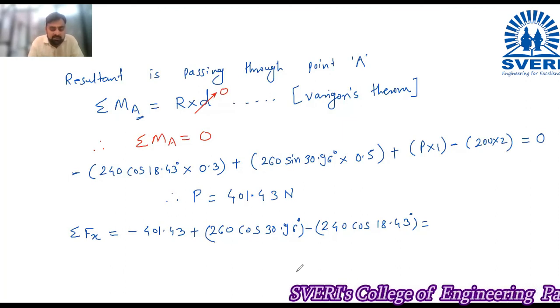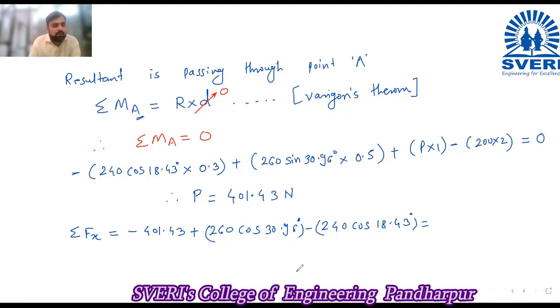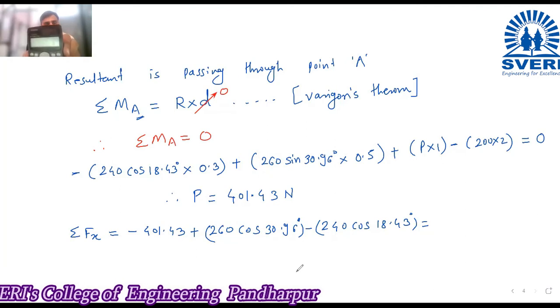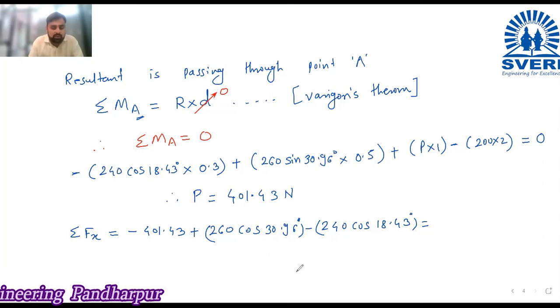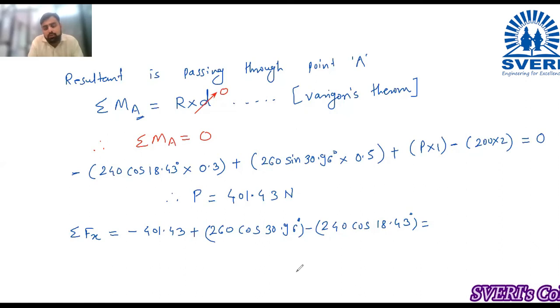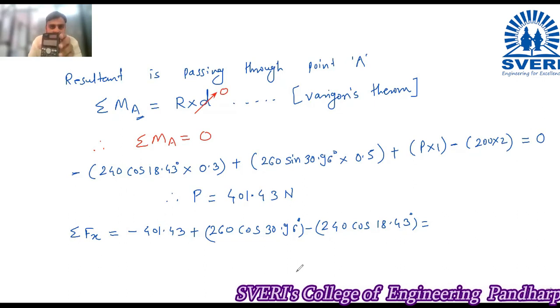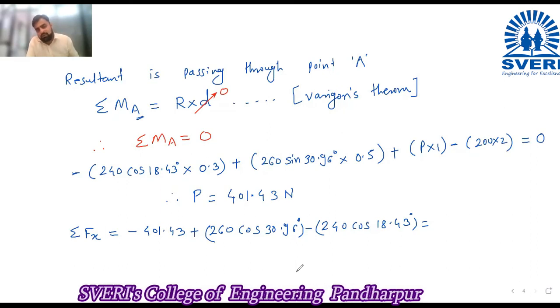And somebody has asked me about the calculator. I will tell you once again, this is the Casio calculator. You can see the name if possible. So in a general store, if you tell them to give the engineering calculator of Casio company, you can get it. Now this is the older version. This calculator I purchased when I was doing my engineering. Now advanced versions are there. You can purchase the advanced calculator.